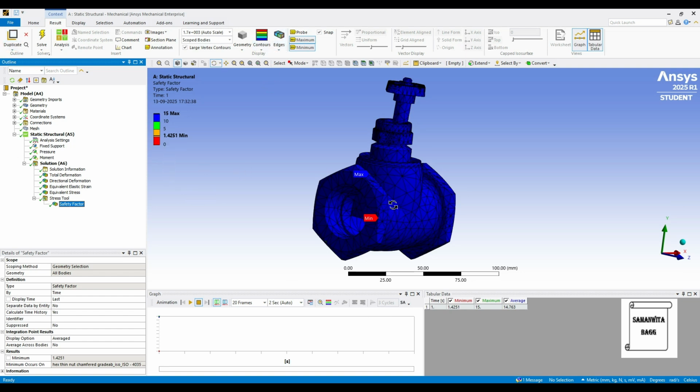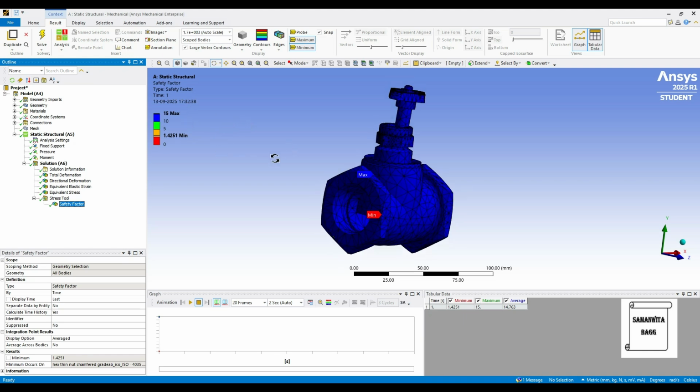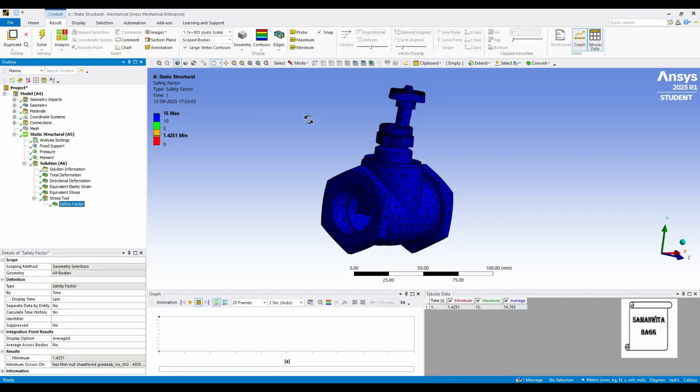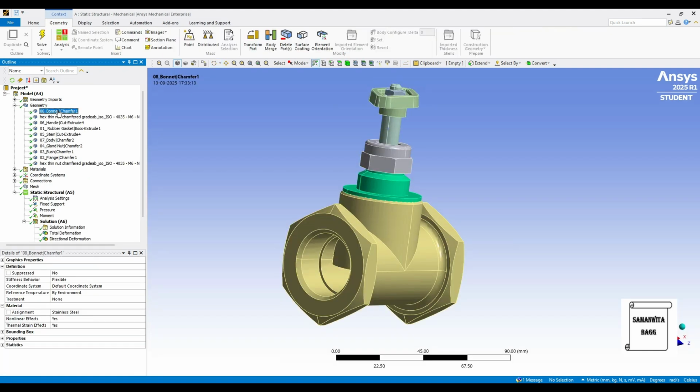You can reduce this value and test it, and if this value of safety factor changes and you get a better, higher value of safety factor, you can say that it is safe under that amount of pressure. So the pressure that we have given seems to be more, 5 megapascal. So I leave that to you, so you can check that and figure out what is the value for which it is safe.